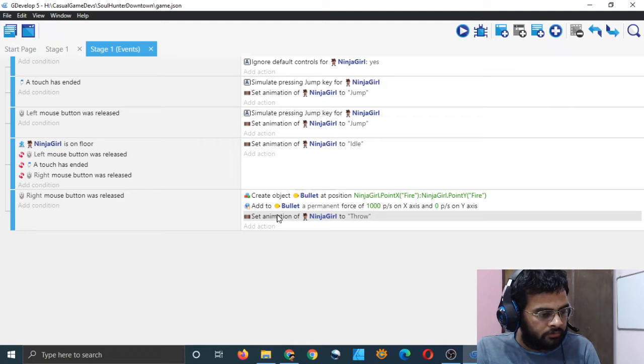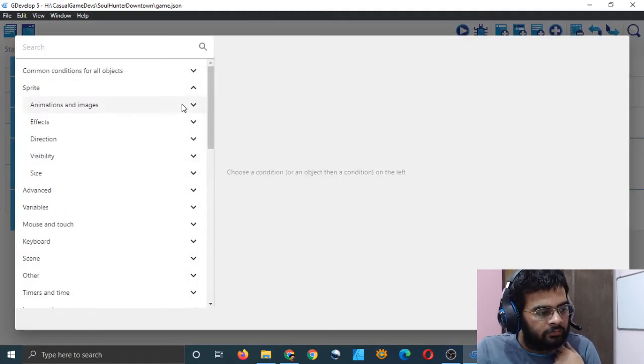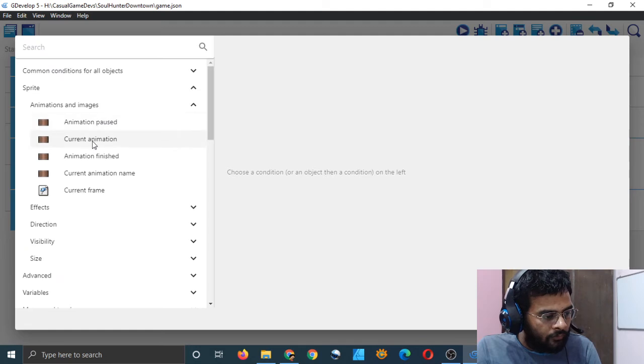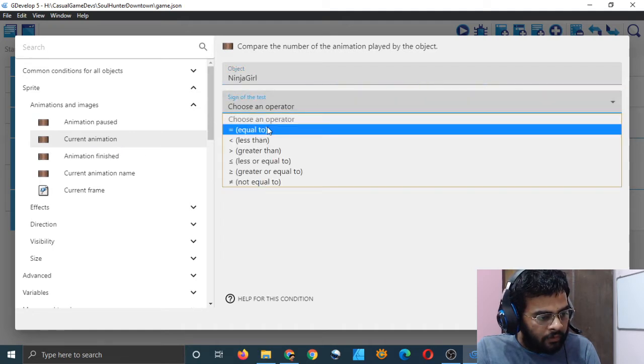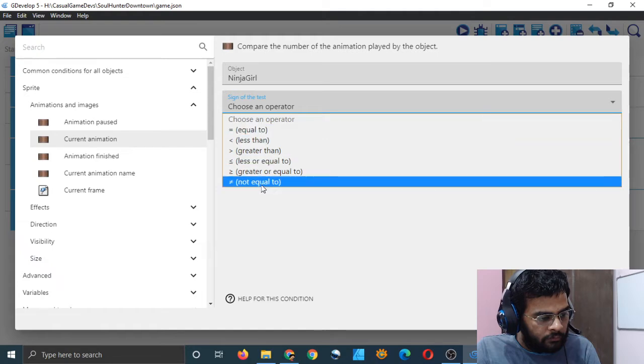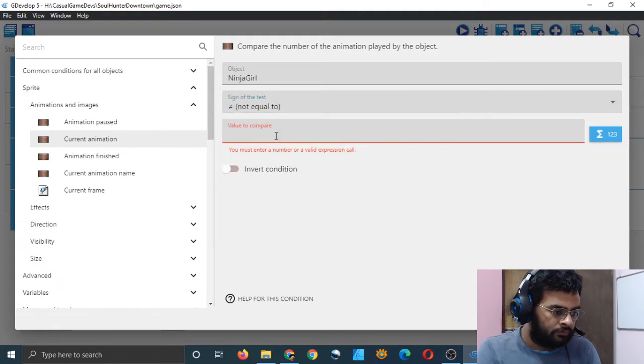I think that I can do that. And throw animation is not running. Can I do a condition like that? Current animation is not equal to throw.